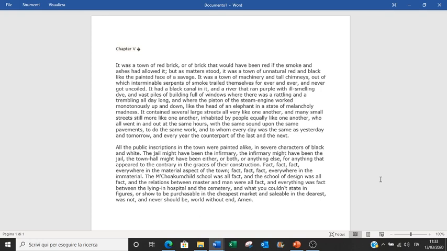And Dickens, in a way, stops narrating the facts, the events of this novel, to describe this fictional city, as I told you, that is called